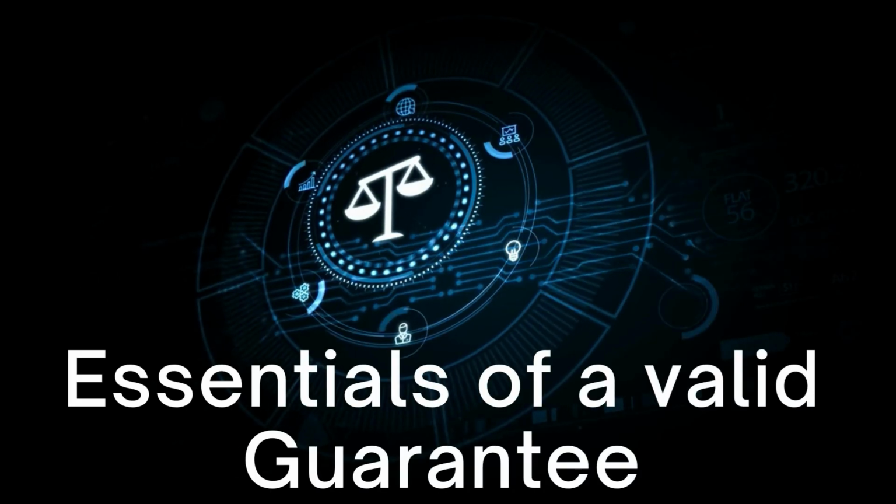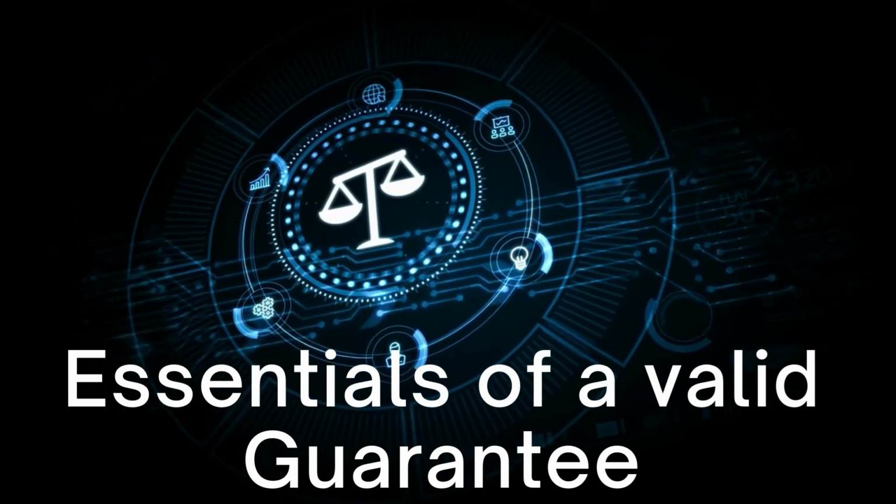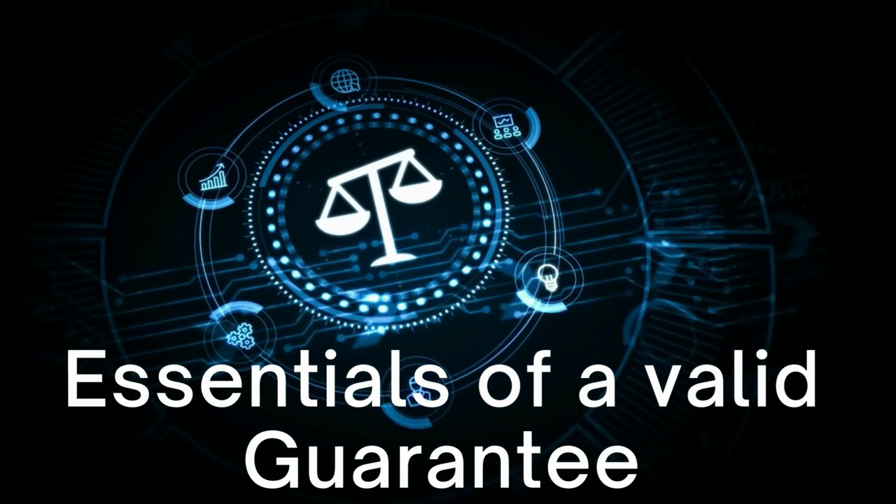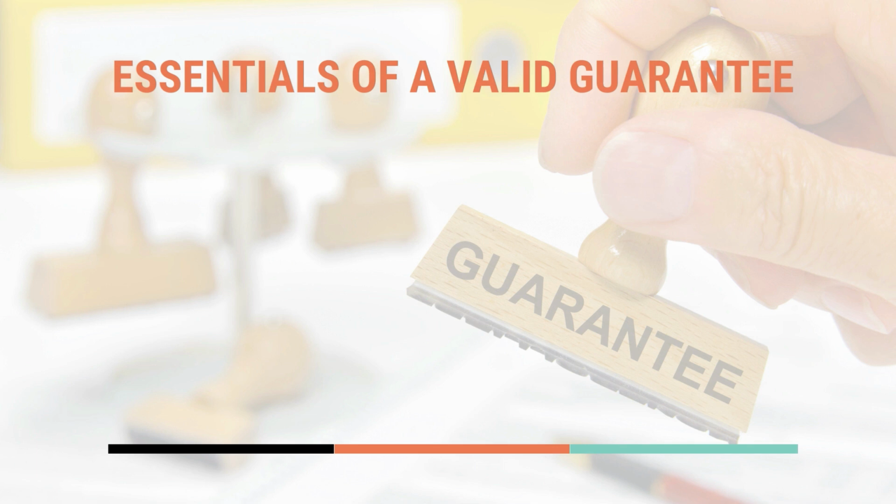What are the essentials of a valid contract? Now, please understand all these special contracts must fulfill these criteria. Number 1, essentials of a valid contract. That means Section 10 of the Indian Contract Act is applicable to this act also. So the contract must be between two or more than two parties. They must be capable to enter into a contract. They must not be minor, must not be of unsound mind. It must be duly backed by consideration. All those essential features are very much applicable to the contract of guarantee.